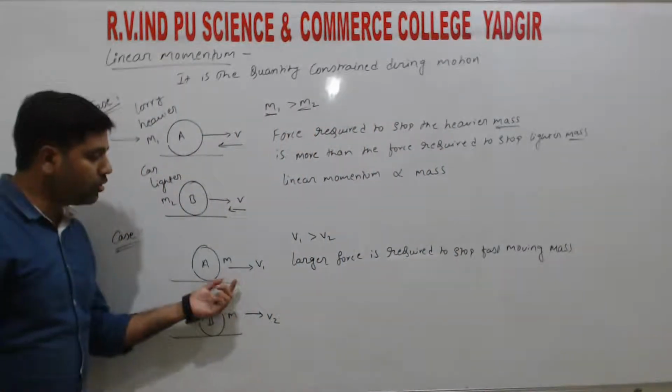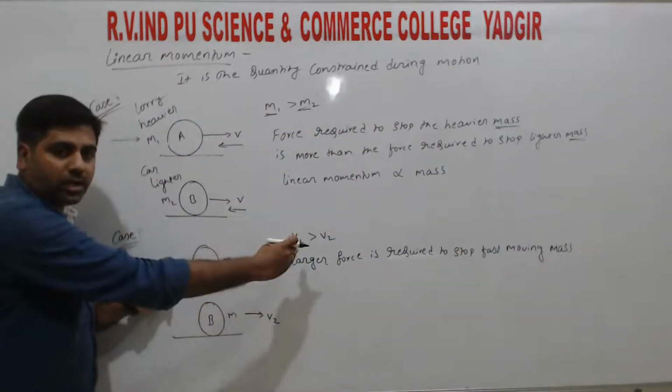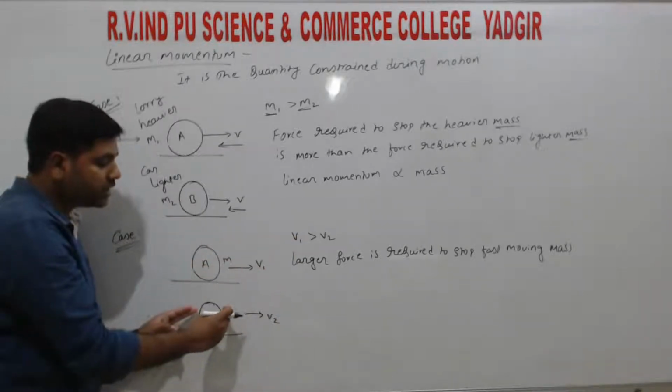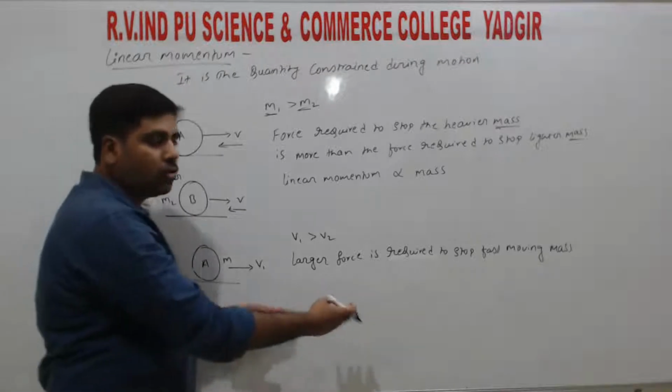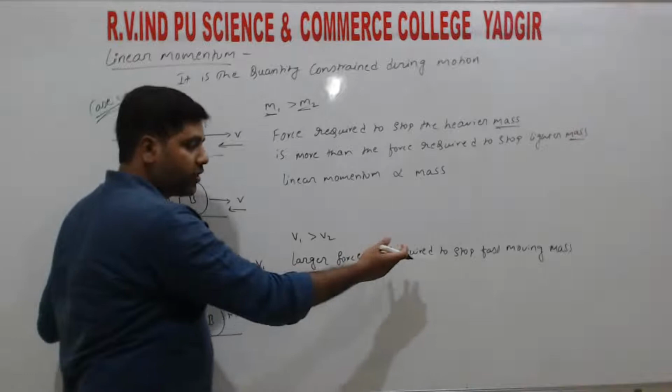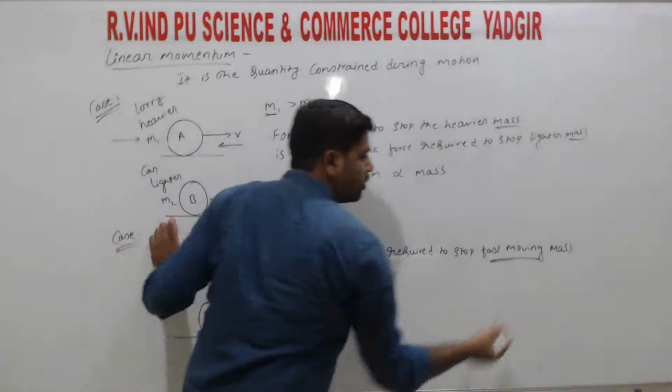So what can we say from this? If the object is moving fast, we need to apply larger force, right? If the object is moving slowly, we need to apply lesser force, right? So larger force is required to stop the fast moving mass